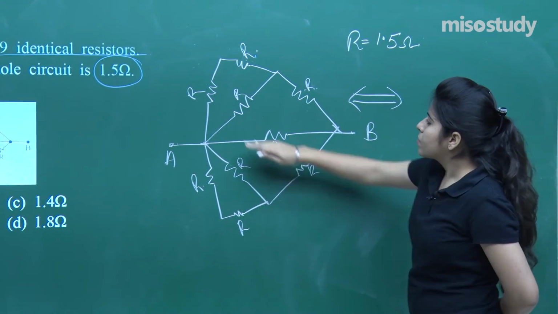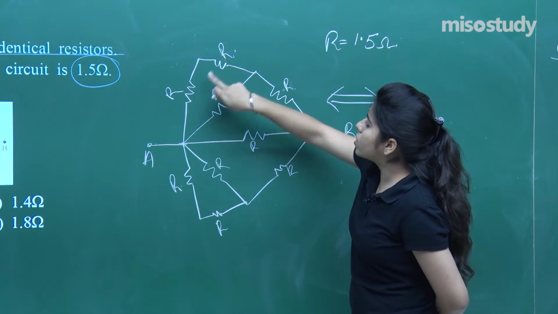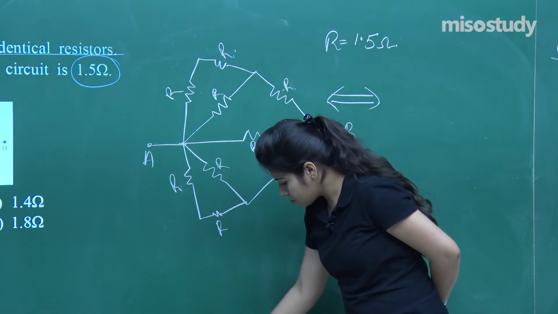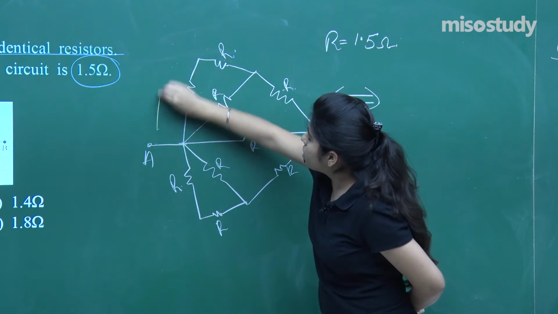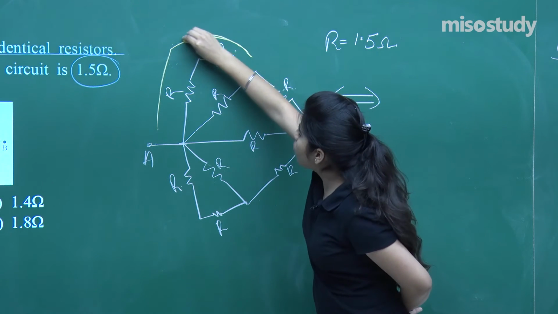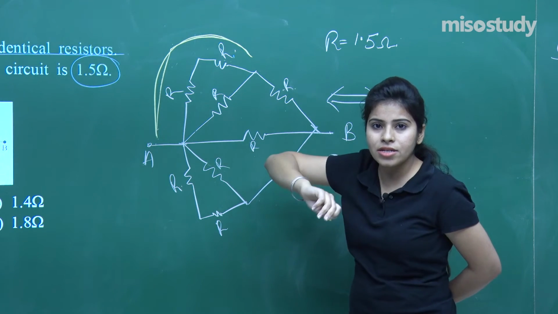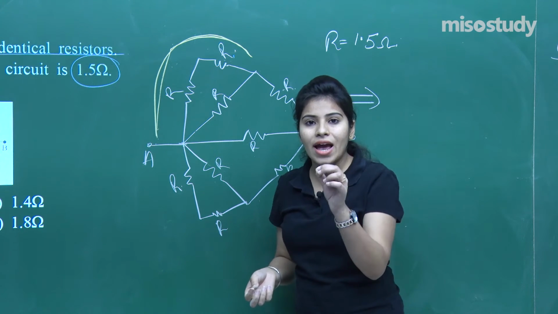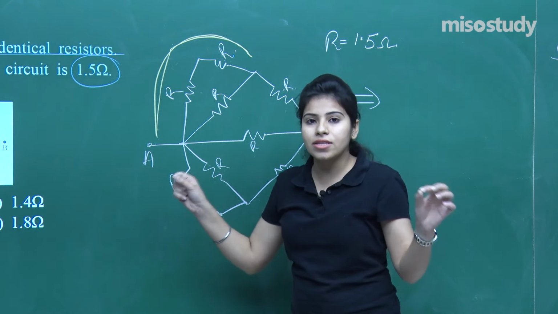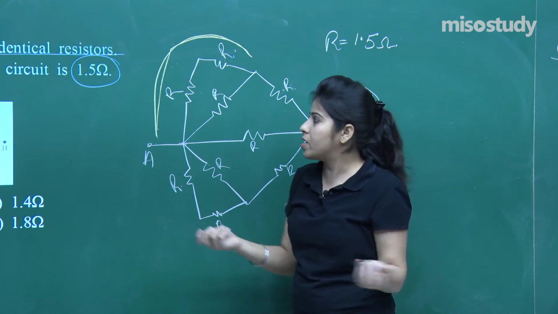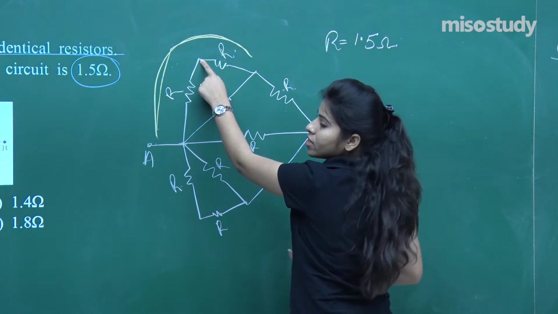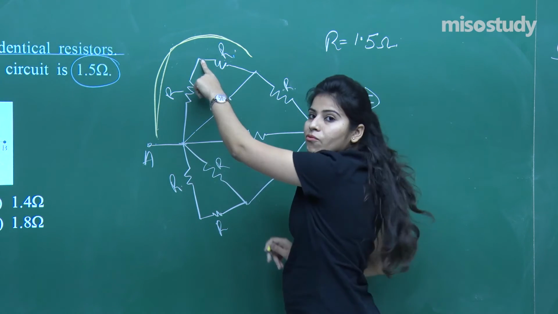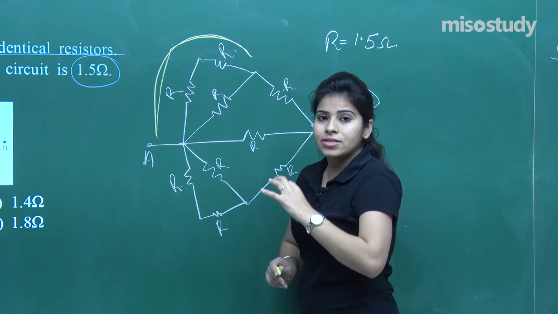That will be, you can see here these two resistances, this R and this R. These both are connected in series, isn't it? Why series? What is series? When one ends are joined and the other ends are joined at another place. So you can see there one point is joined together and their other end is placed somewhere else. So that means they are in series.